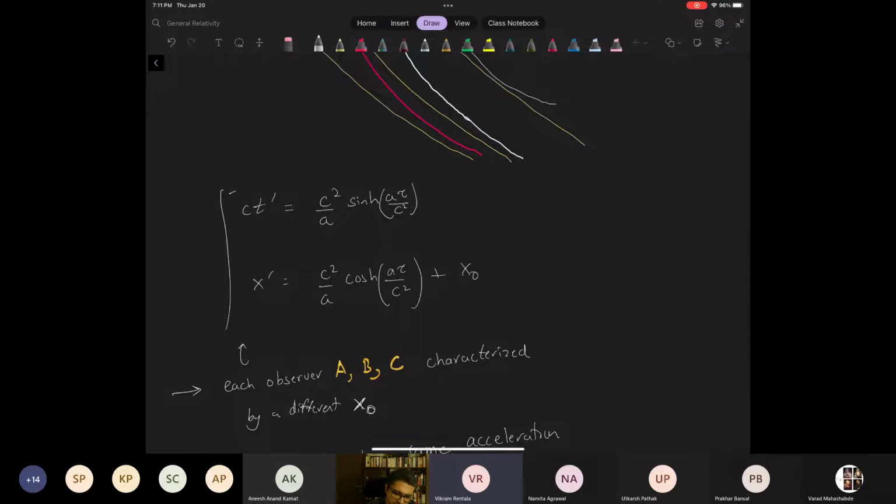So we had ct prime is equal to c square by a sinh of a tau over c square, and x prime is c square by a cosh of a tau over c square. We did not have this x naught earlier. Okay,